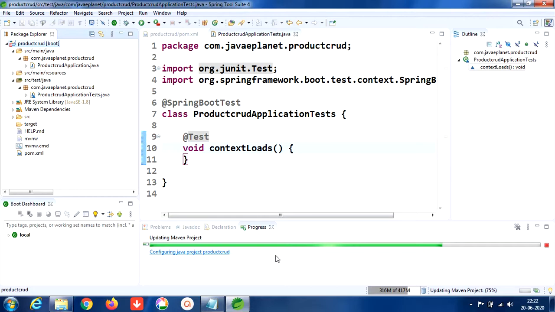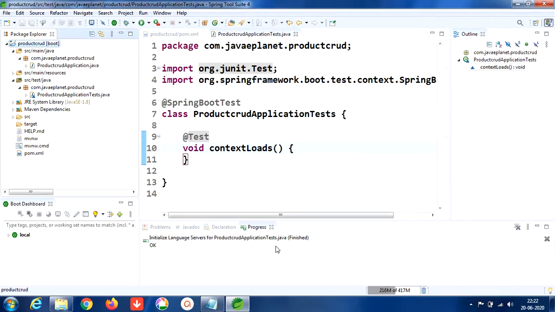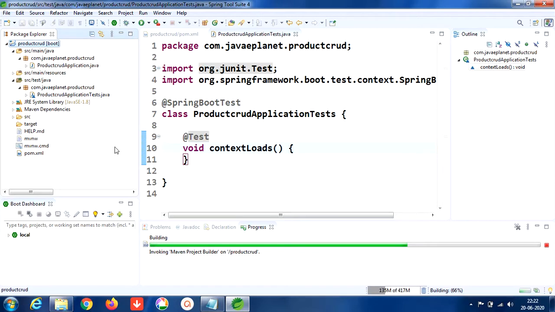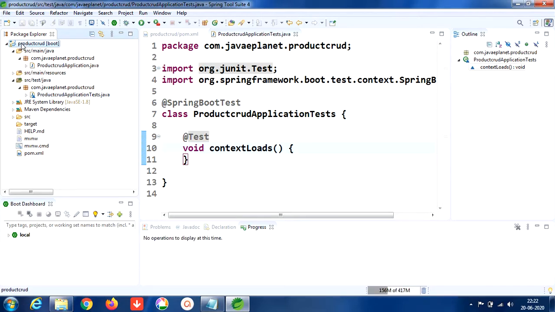Updating Maven project, done with 75%. Yes, everything was clear now. Now there is no error on the project.